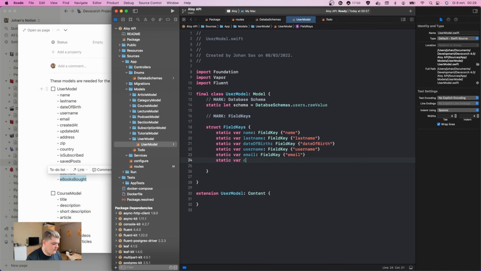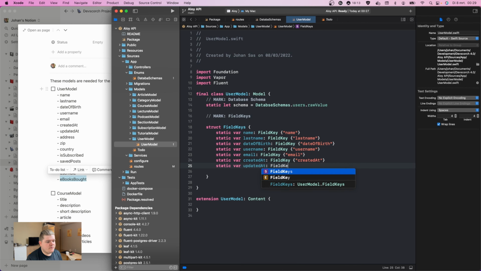After that, we're going to have created at. The whole reason for created at and updated at is that we can give ourselves, the developers or the admins, and the users, extra information about themselves. So when I want to see when a user was created, we can do something with that. Updated at is the same. So when a user wants to see when he last updated